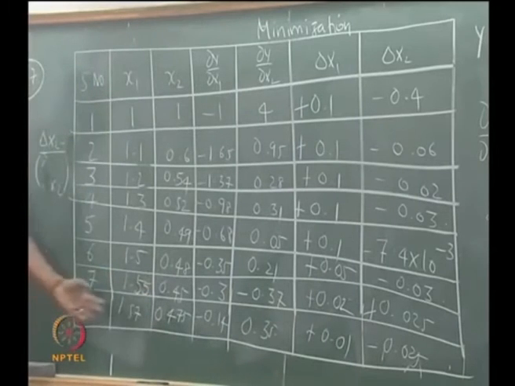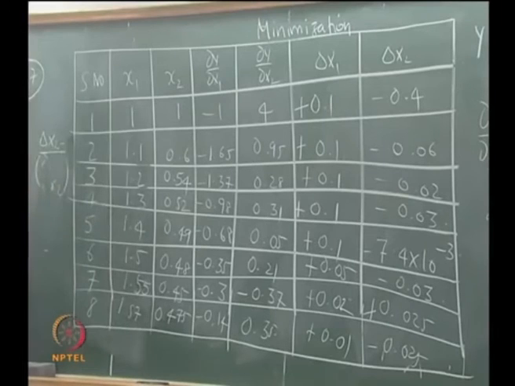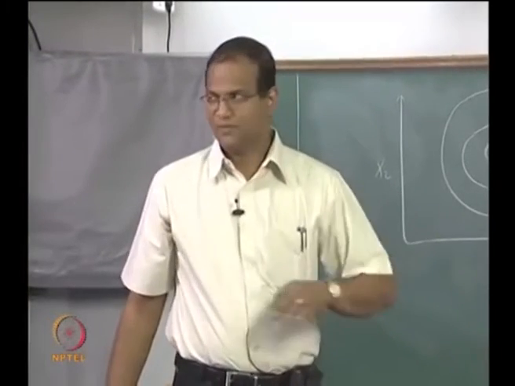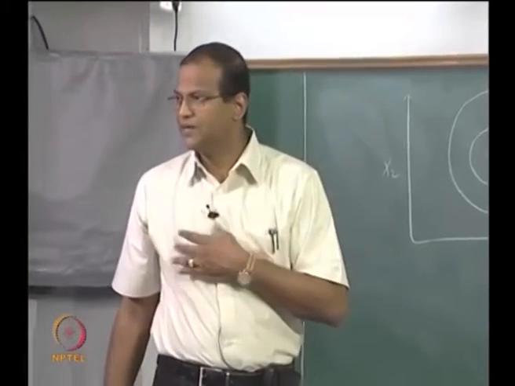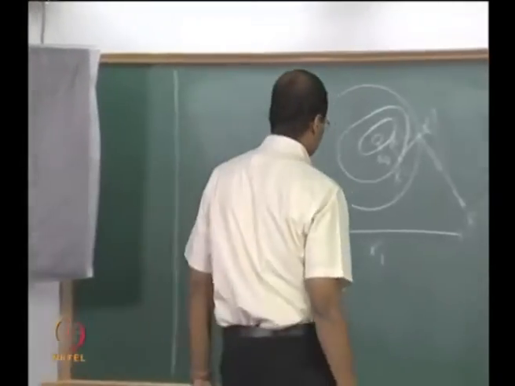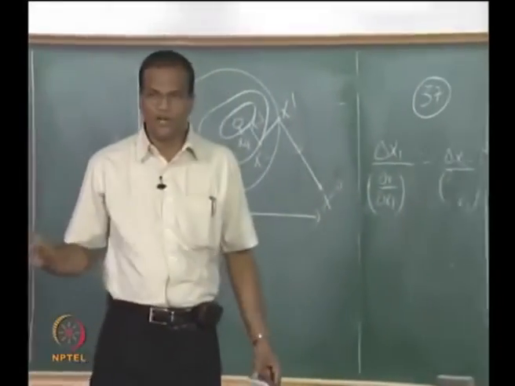It will keep on oscillating. This will slowly go to 1.64. It will take another 8 iterations. But this is the way it goes. Now it is going in the right direction, but it is going slowly towards the end. It will start off very fast. It's very impressive in the beginning, and then it becomes very slow. Okay. So this is the Cauchy's method. I hope all of you got an idea of this.